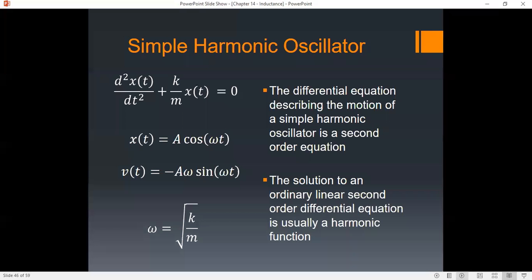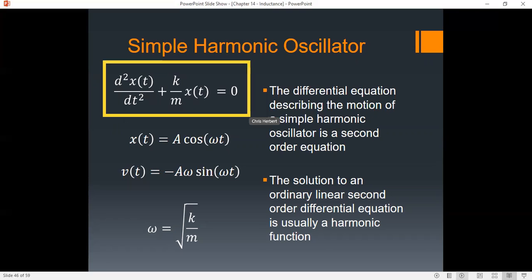So if we look at the equation that describes the simple harmonic oscillator, and I apologize to those of you who are calculus averse, we can use this equation right here, and we know the solutions to this equation. This is actually a branch of mathematics called differential equations. This is an ordinary differential equation, but we don't need to go through all the particulars here, but we can show that the